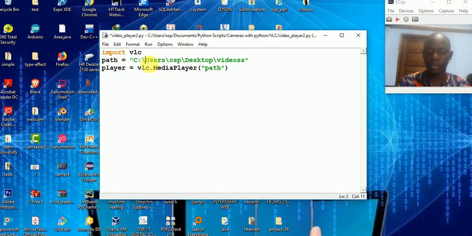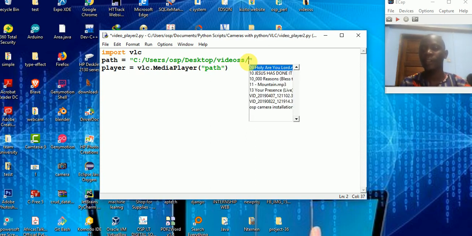But now we have work to do. We have to turn this backslash into a forward slash, because we are moving inside that directory where we have that file. Then this is just going to be a slash because we still need to talk to the real video itself. If your path is right, it will definitely try to pick for you the file that you have to talk to.